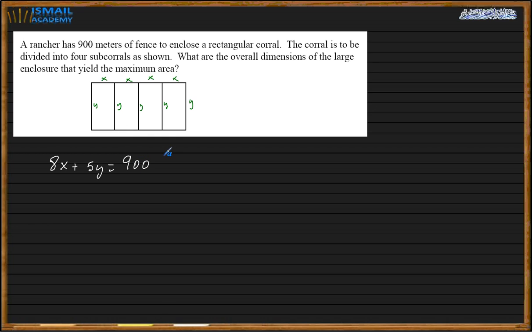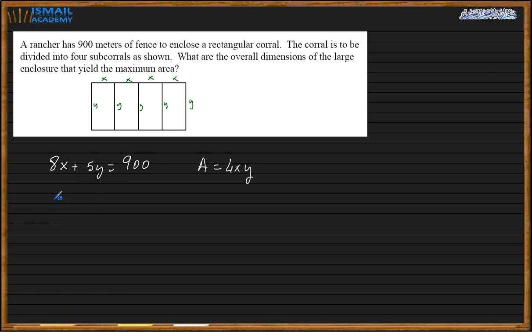So we know that the area of this is 4xy. Now I cannot take the derivative of the area yet because they want to maximize the area. When talking about maximum or minimum, always take the derivative of what they ask you, the maximum of what and the minimum of what. Here they ask the maximum of the area, so I take the derivative of the area. But here I have two variables, so I need to substitute one in terms of the other in order for me to do the derivative, because I don't know how to do a derivative with two variables. So what I do,